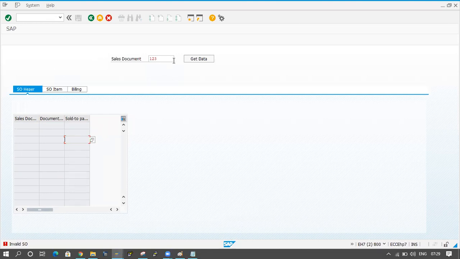And here I want to add some more. This is a single number only. Now I want to give the from and to, like select options. In our programming, select options are there, right? So how is it possible in module pool programming? For most cases we will use ranges.